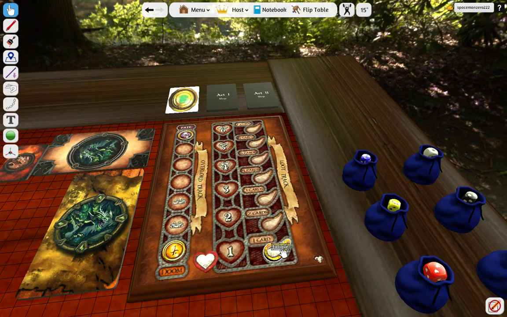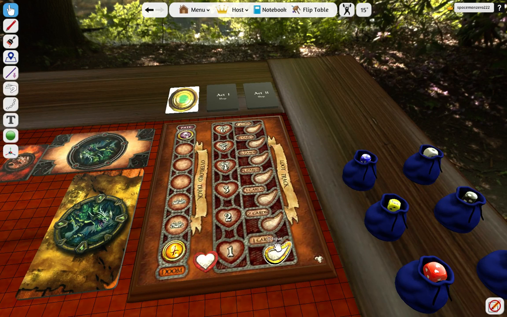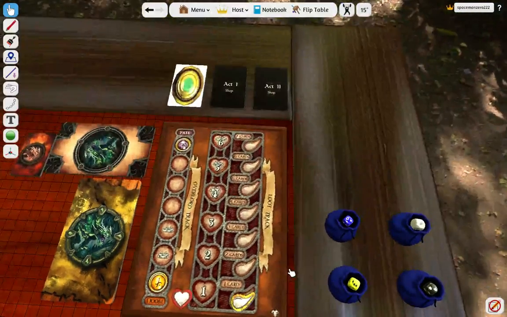Every time we kill an elite figure, we add 1 more token to this track here. And when we get to